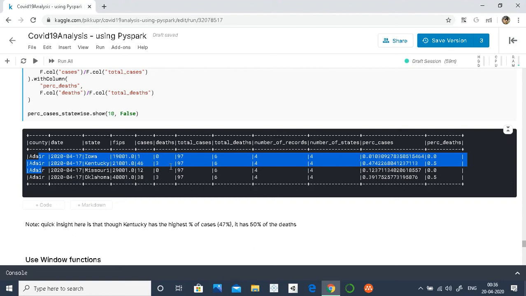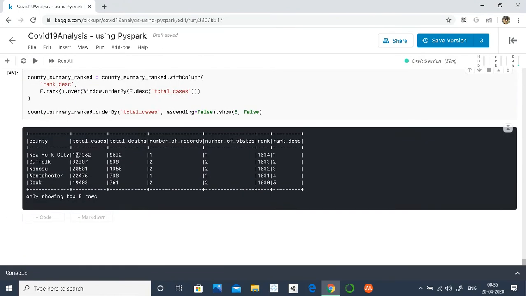Let's for now just sort on number of cases, and then we will assign it a rank. So that's how it works if we have to find out the top state of each county. So let's quickly see how we'll do that.